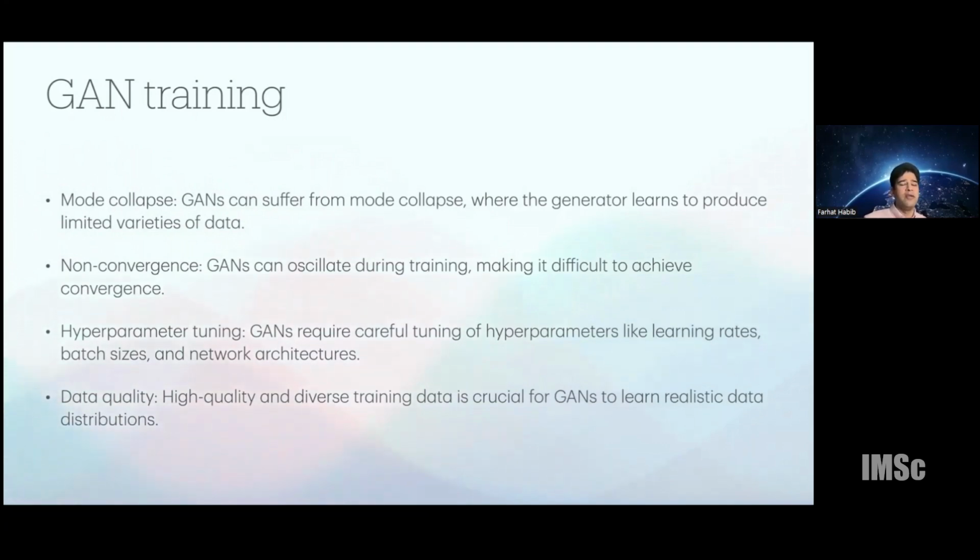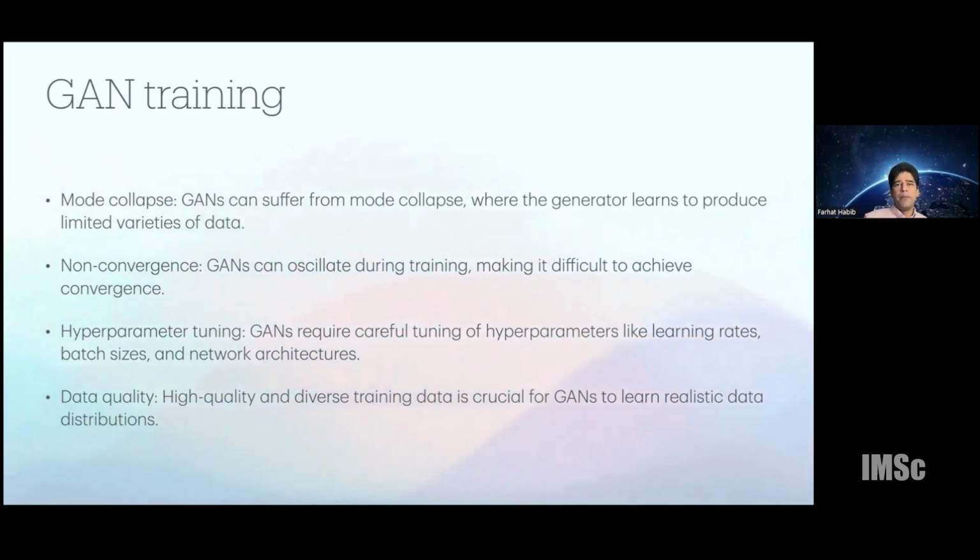Hyperparameter tuning in GANs is essentially a lot of trial and error. Things like learning rates, you have to tune so that the strength of the generator and discriminator is balanced. It's essentially a sort of equilibrium between two networks fighting against each other. As long as both of them are balanced, you end up getting good output. But if they're not balanced, you will end up with mode collapse or other kinds of artifacts like that. The last point is that you require a large amount of diverse training data if you want the GAN to learn realistic data distributions.